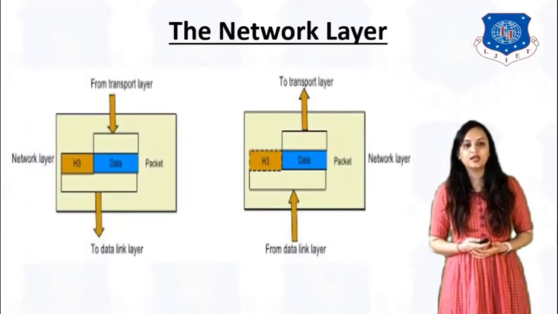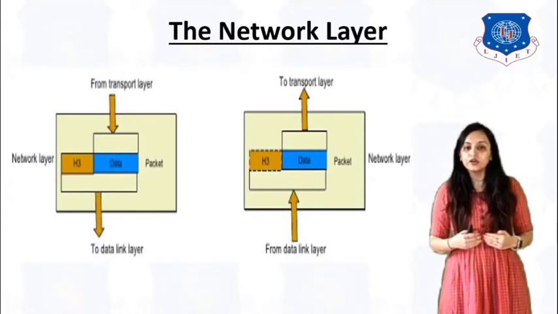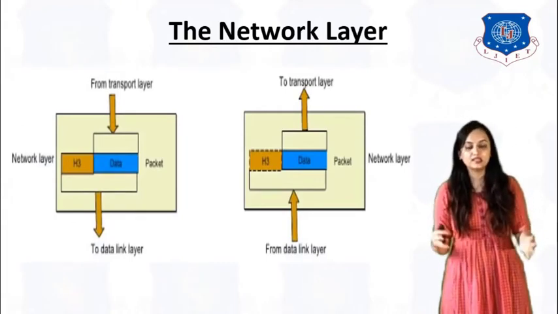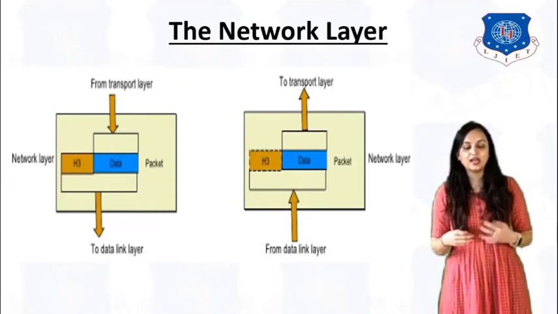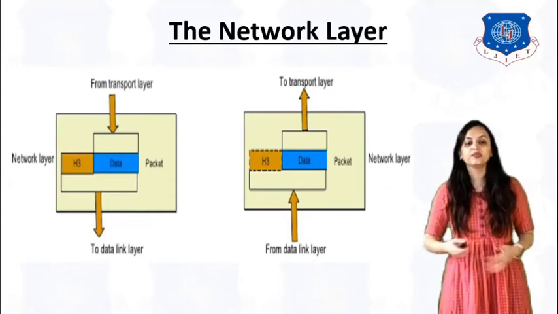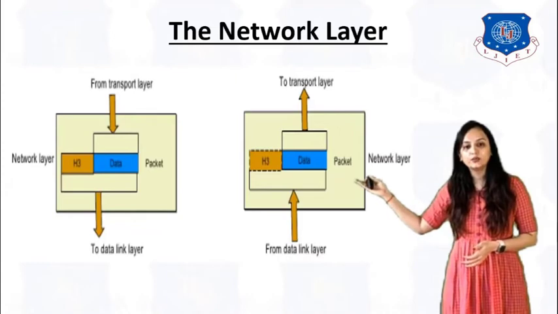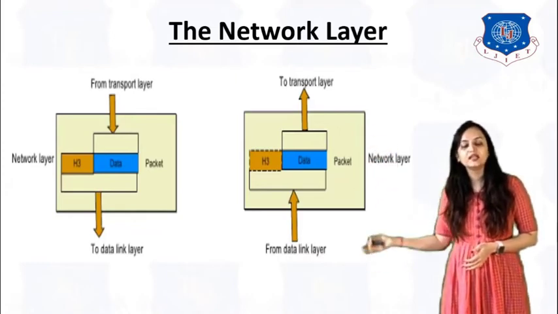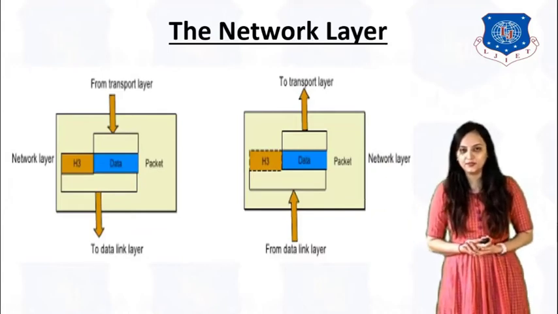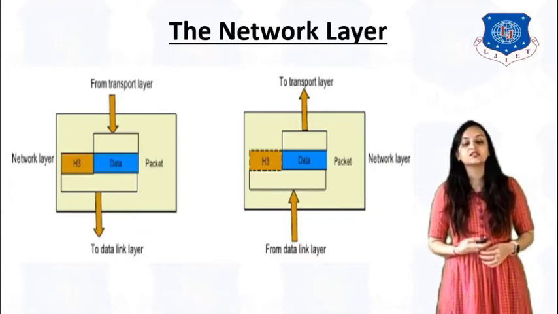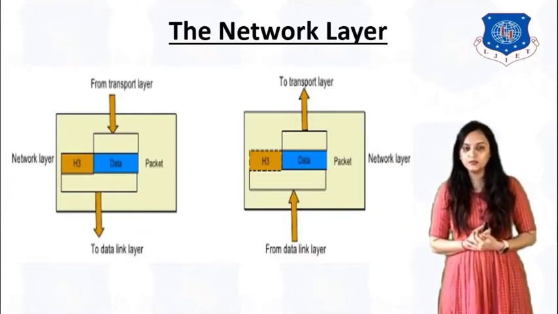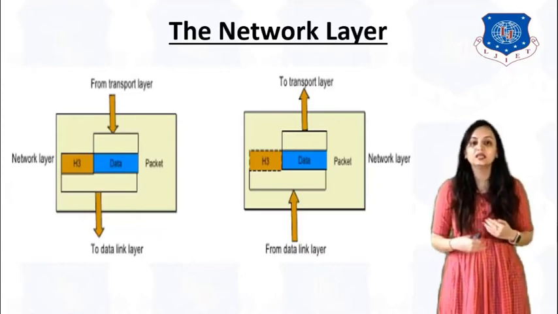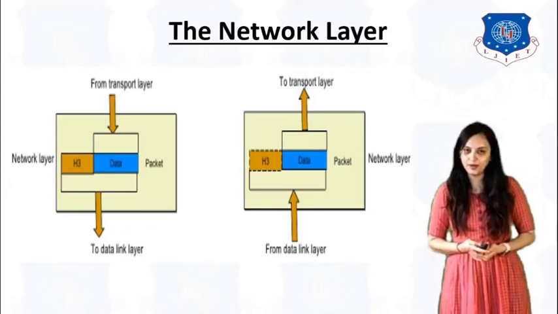So in the network layer, as you can see, it converts the received frames, that is from the data link layer, into packets, and by encapsulating these packets, it will travel to the network. So this is how the network layer takes the packets and transfers to the transport layer and receives the frames from the data link layer. In network layers, we will have the routing algorithms, which is very important. That means how the data can select the path from all the available multiple paths.